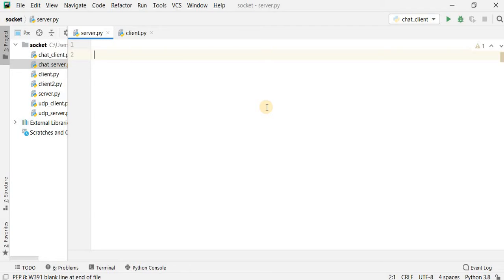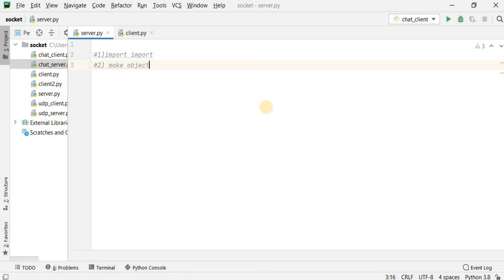The first step is you have to import the socket module, or you can say the socket class. Then the second step is you have to make an object.